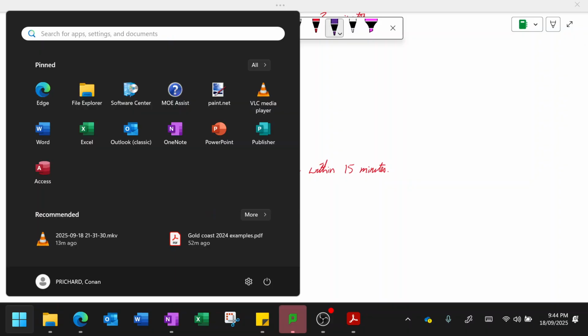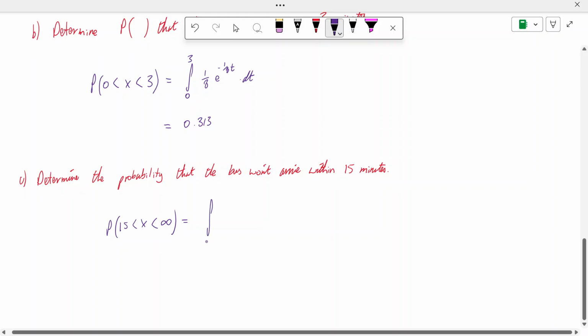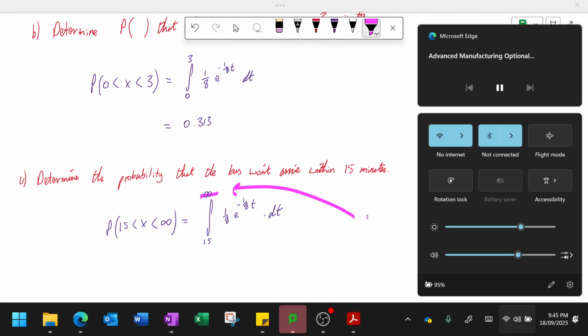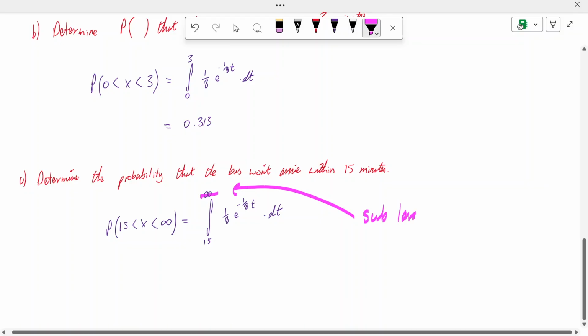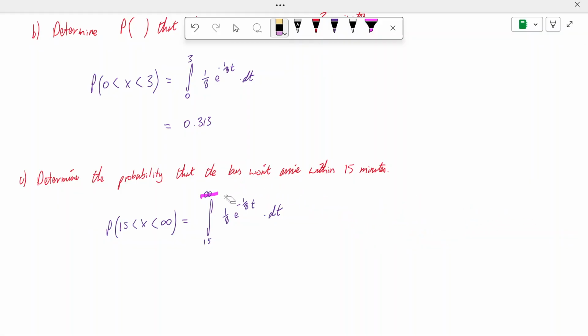When I do that, I can still put together my nice little integral, but now I've got this problem of having this infinite value here. If you're a silly bugger, you might substitute a really, really large number in here. Sometimes people will do that, and you'll get an approximately correct answer, but you shouldn't do that. There's a much, much easier way. Instead of substituting a really, really large number and hoping that you get it right, we are just going to use